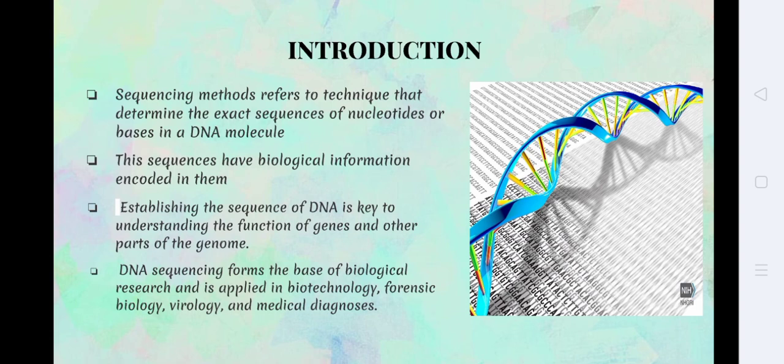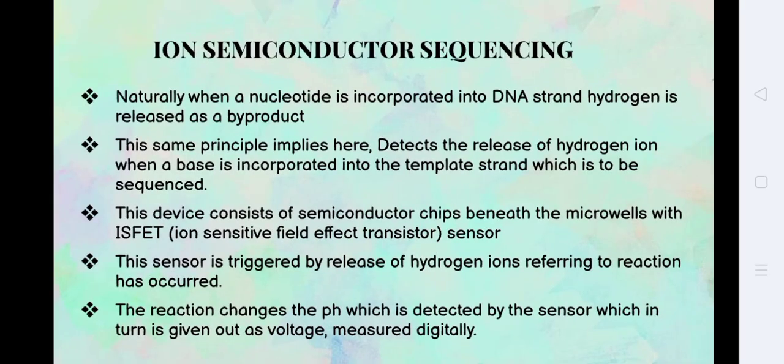This study will form a base of biological research which can be applied in various fields like biotechnology, forensic biology, medical diagnosis, even finding of mutations and any genetic alteration in the molecule. There are various types of sequencing methods like Sanger sequencing, whole genome sequencing, and ion semiconductor sequencing is one of the methods among them. Generally, whenever a nucleotide is incorporated into the DNA strand, a hydrogen ion is released